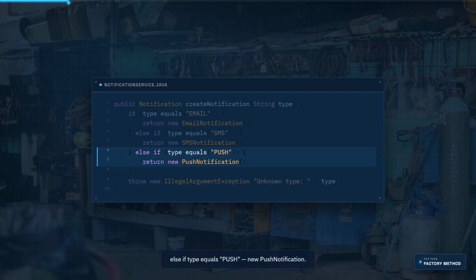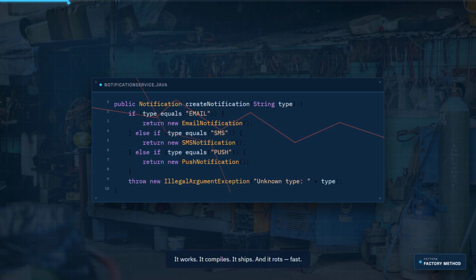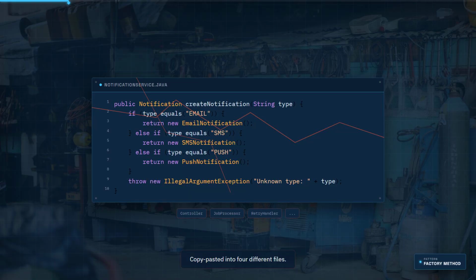It works, it compiles, it ships, and it rots fast. Here's why. That if-else chain doesn't live in one place. It creeps into your controller, then your background job processor, then a retry handler somebody wrote at 11 p.m. Now you've got the same type checking logic copy-pasted in 4 files. And then product comes back and says, hey, can we add Slack notifications? Now you're hunting down every single one of those 4 copies, adding one more else if to each, hoping you